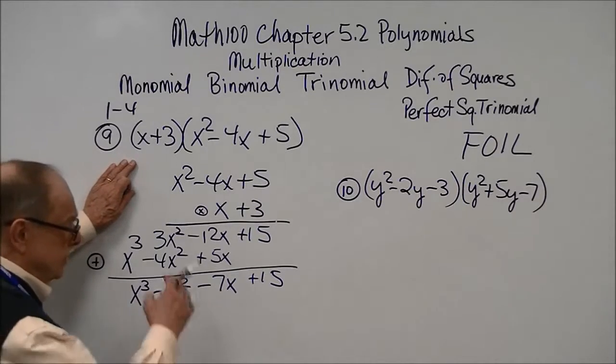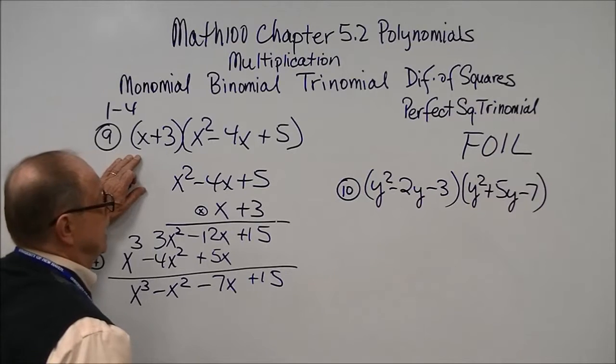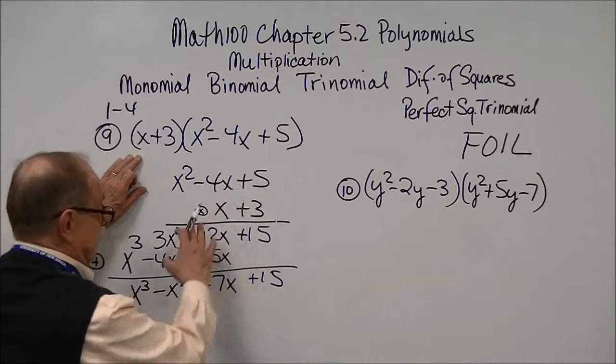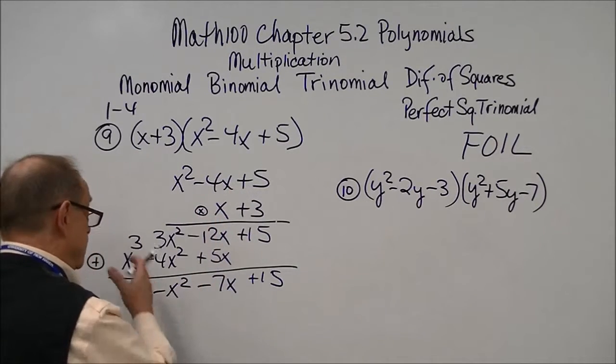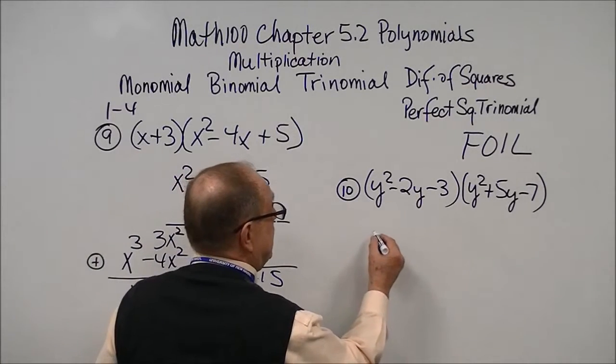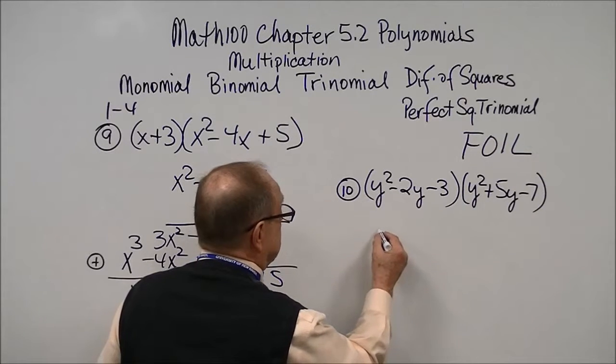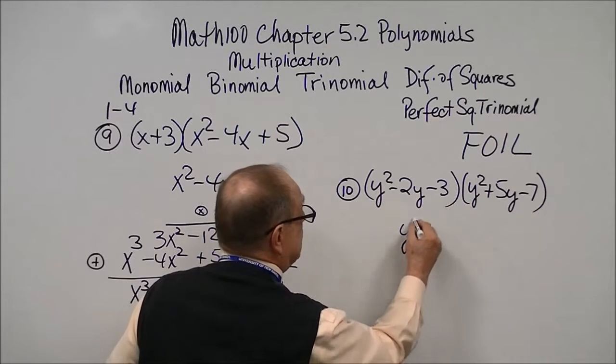So again, you could do it horizontally, but it would go on sort of forever. Here, by putting it like this, you get your like term columns, and I think things work out very well. So let's just do that. And it doesn't make any difference which one you put on the top or the bottom. So I'll put y squared